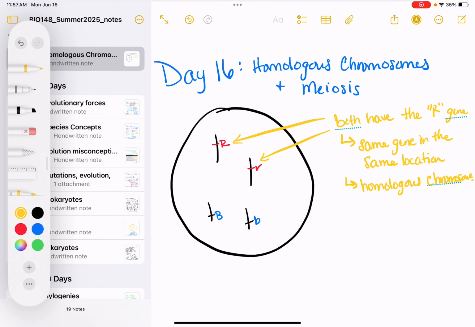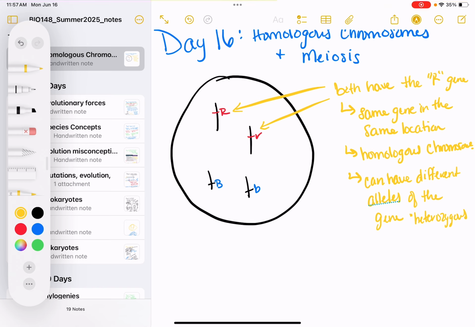Okay, and here I have two different versions of the R gene. So they can have different alleles. And when they do have different alleles, that's when we're going to call them heterozygous. Okay, so we can compare that to,